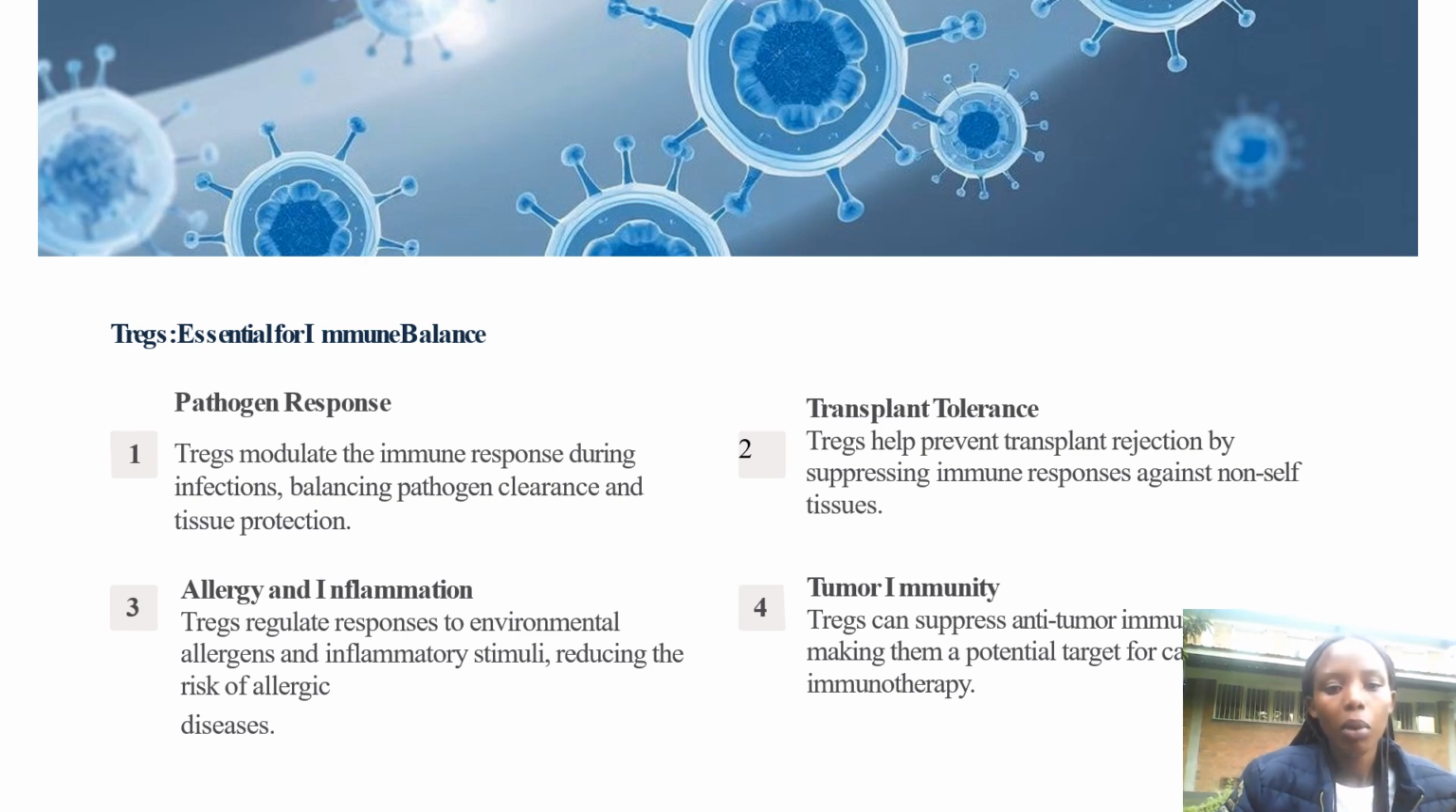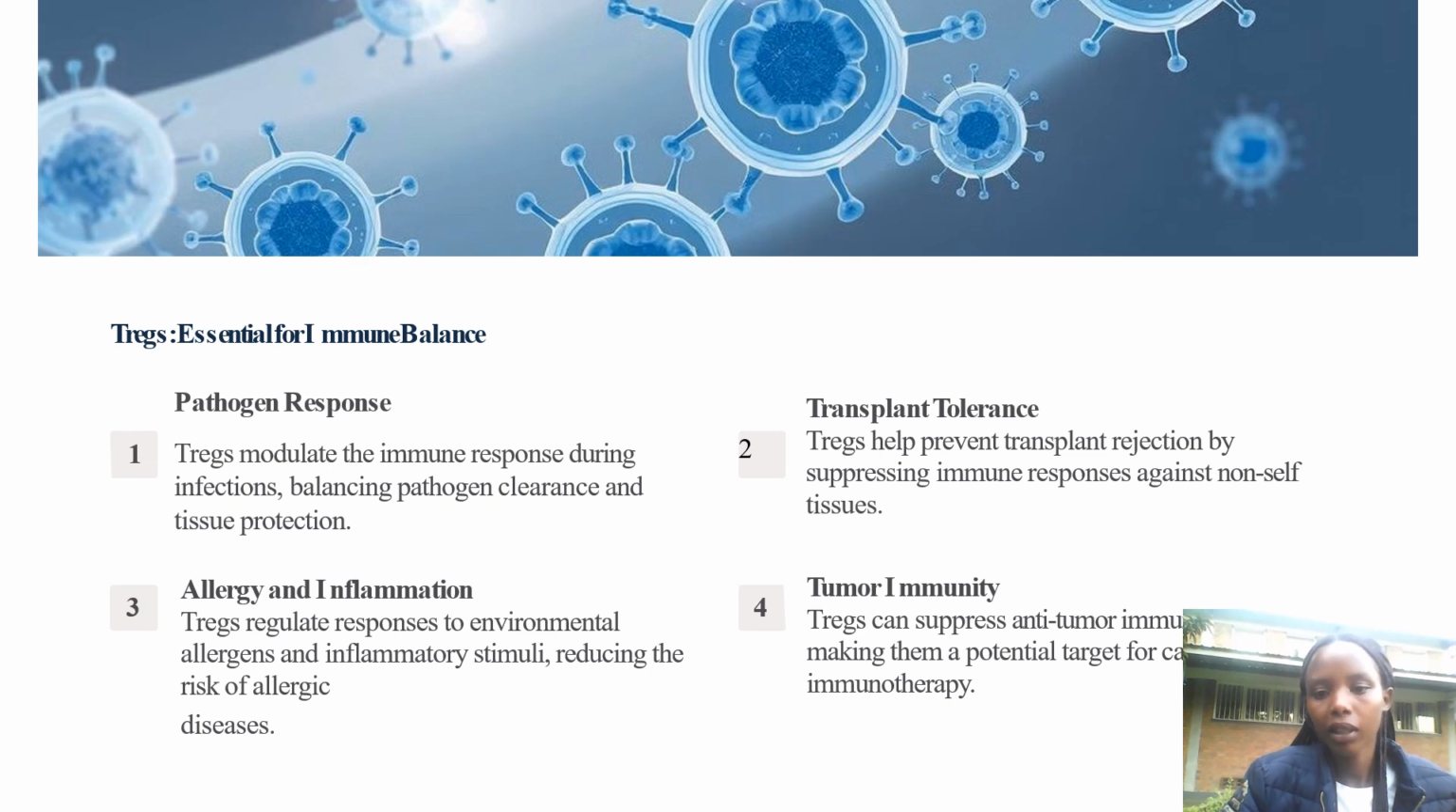Let us start with pathogen response. Pathogen response here involves Tregs moderating the immune response during infection, balancing pathogen clearance and tissue protection. For allergy and inflammation, these Tregs regulate responses to environmental allergens and inflammatory stimuli, reducing the risk of allergic disease. And then transplant tolerance,